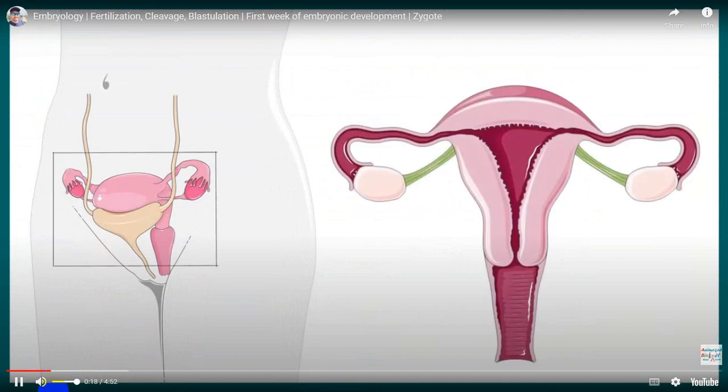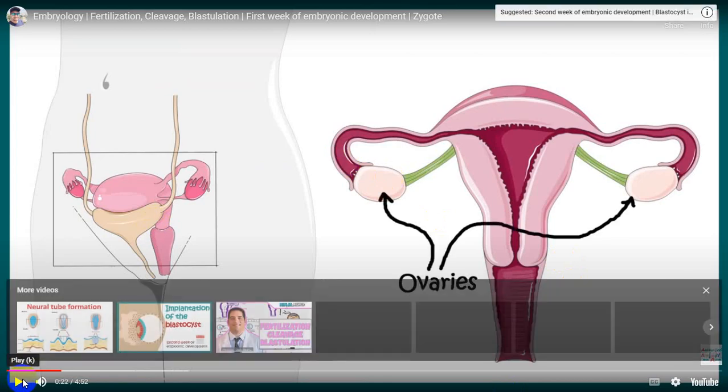In the female reproductive system, there are 2 ovaries on the 2 sides, and these ovaries